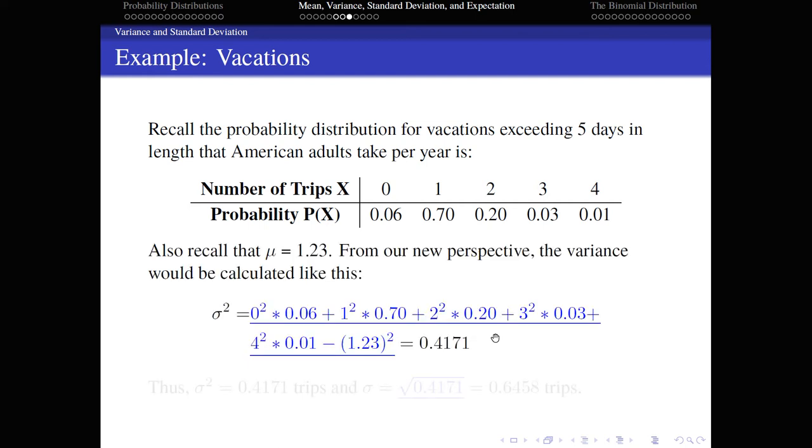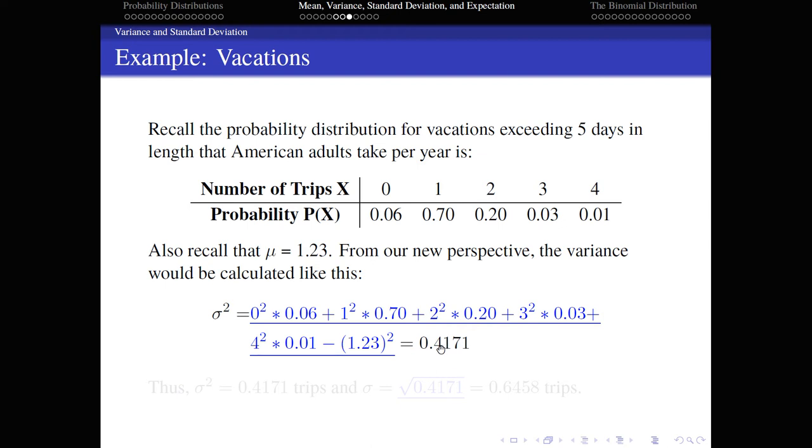Again, in my slides, I'm doing it the quick way. It just lets me keep everything on a single slide. So in this way, I'm squaring each of the x values and multiplying by the probabilities, and then at the very end subtracting the mean squared. If you're doing it the other way, that's just fine. So double check your work and make sure you got the